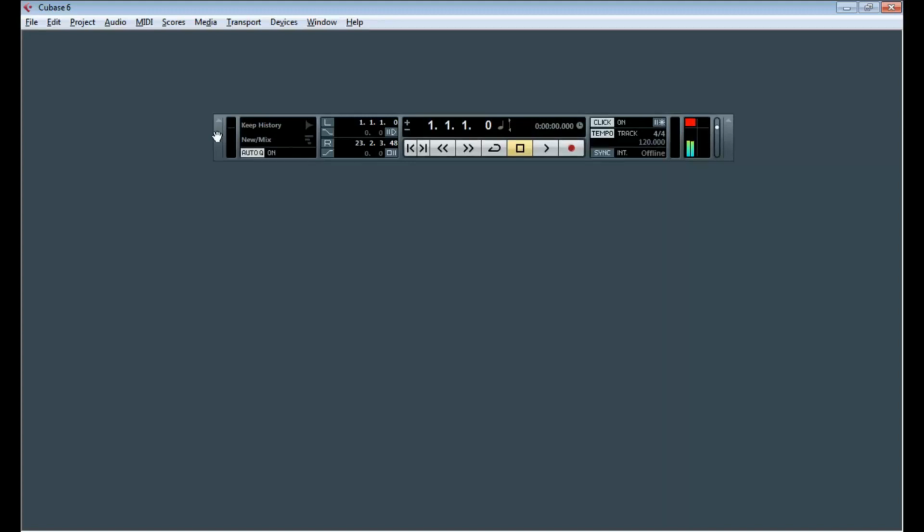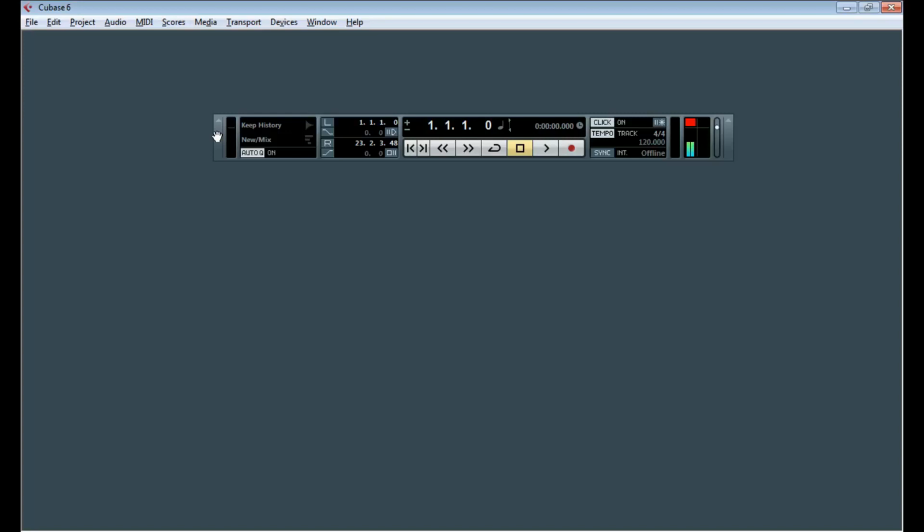I know personally for me, when I started using Cubase, it was extremely difficult to get into. The tutorials online from the official Steinberg people were confusing. It started off teaching you how to waveform edit first or something like that. It was kind of weird. It didn't teach you the layout, and it was really annoying to get started, and I had to learn everything on my own because the tutorials were just that confusing. So to all you people that are wanting to learn how to compose music using Cubase and all that stuff,